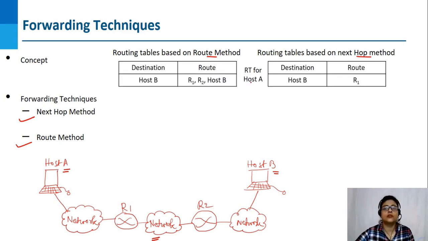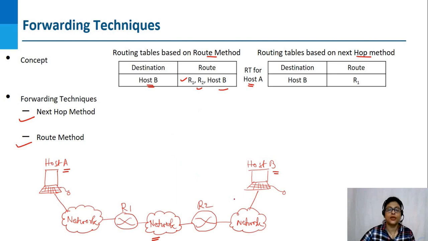So for host A, the routing table should be like this. Here, the destination is host B. For the route method, the entire route should be given. The entire route from host A should go to R1, then to R2, and